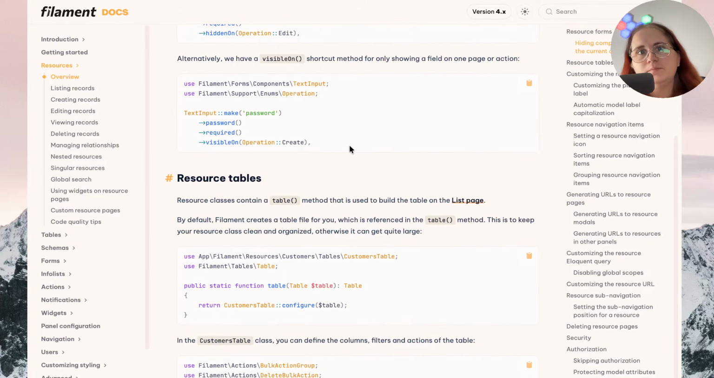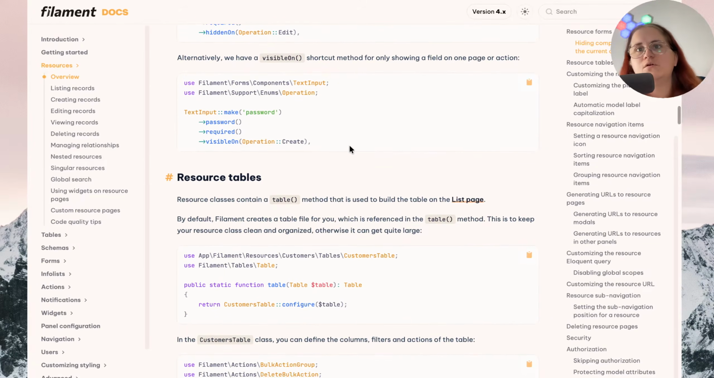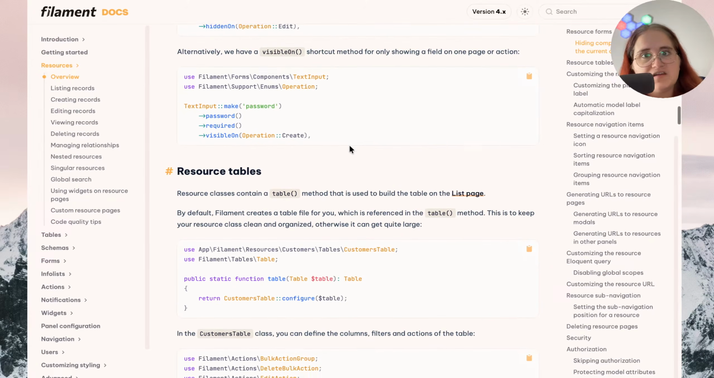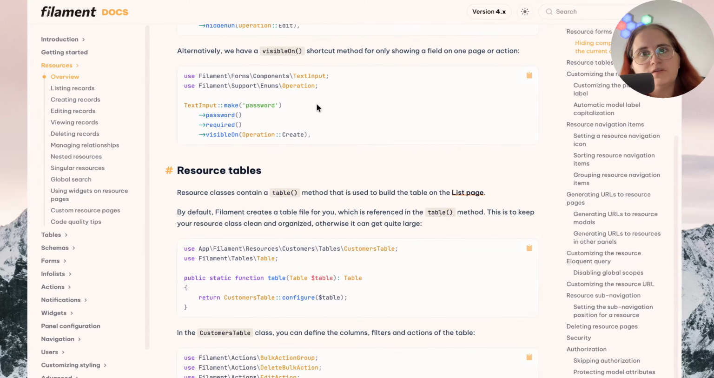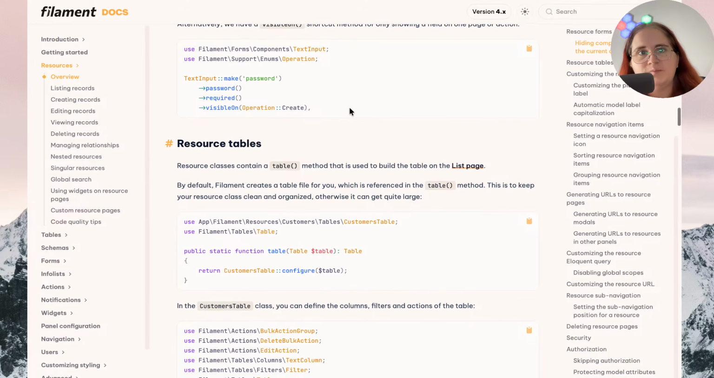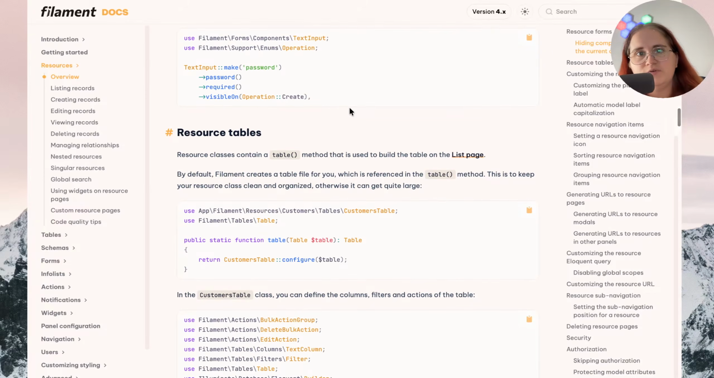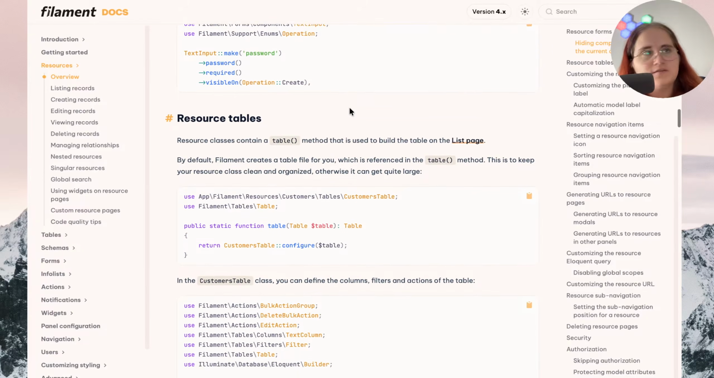Alternatively, we have the visibleOn shortcut method for only showing a field on one page or action. use Filament\Forms\Components\TextInput; use Filament\Support\Enums\Operation; TextInput::make('password')->required()->visibleOn(Operation::Create)